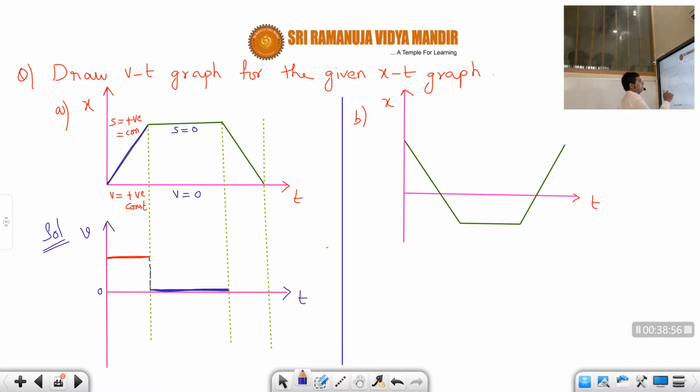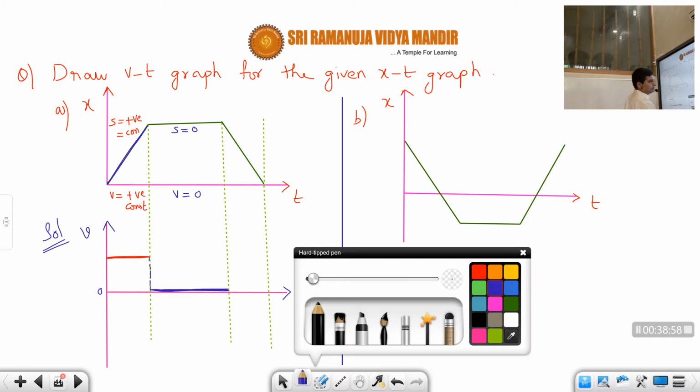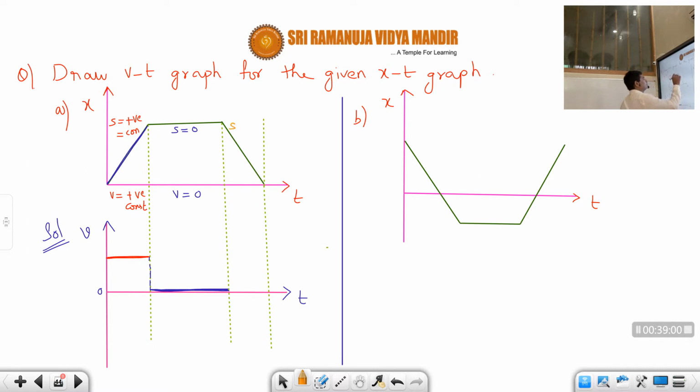Then again in the third region, now if you observe carefully, students, here in the third region, what is happening here? Slope is what, students? Negative. Why? Because it is obtuse angle. And also, is it varying, increasing or decreasing? No, it remains constant. So that means slope of xt graph is nothing but velocity. Velocity is negative and also should remain constant. So velocity is negative means below, no, students, because this is 0, above is considered as positive and below is considered as negative. So therefore it will be like this.